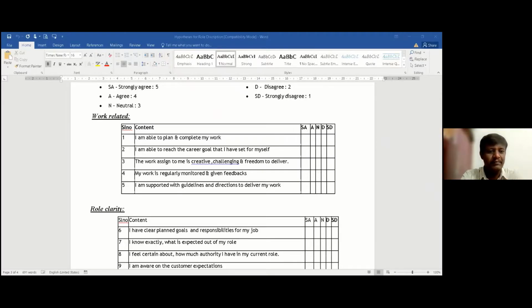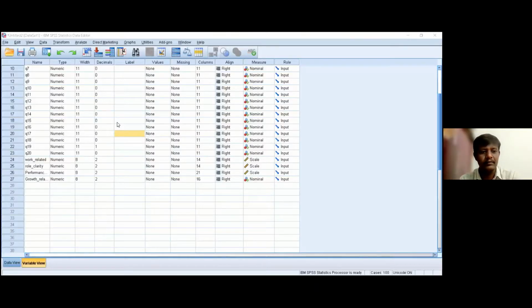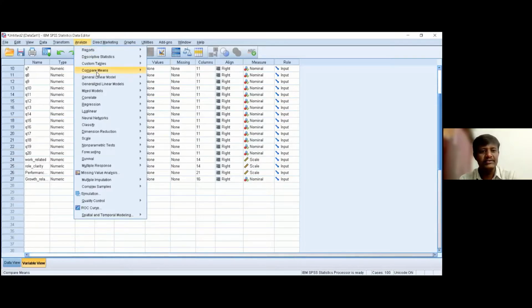So how to apply paired samples t-test: go to the Analyze menu. There you can see the 4th option as Compare Means.